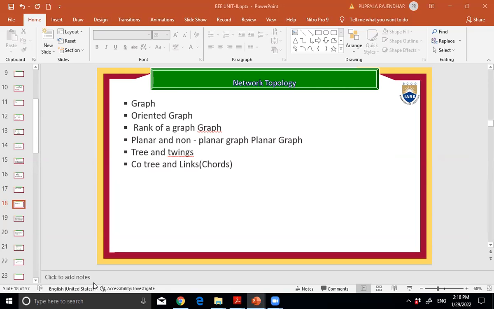Now we have these terms which we will use for our analogy. Graph,